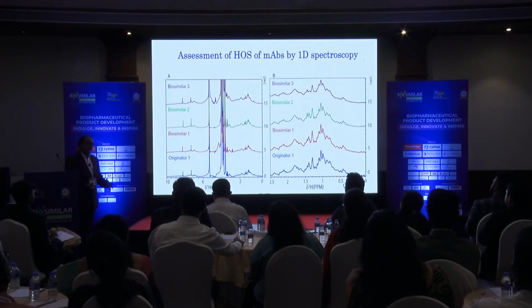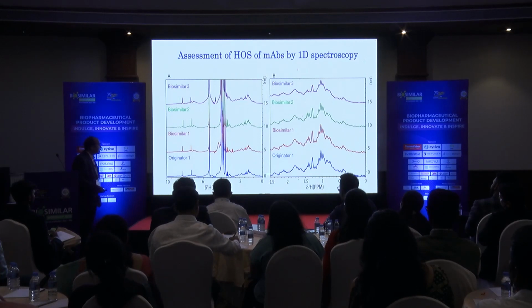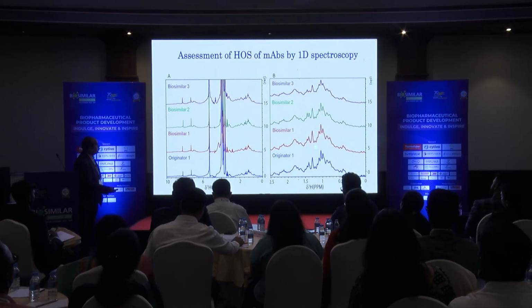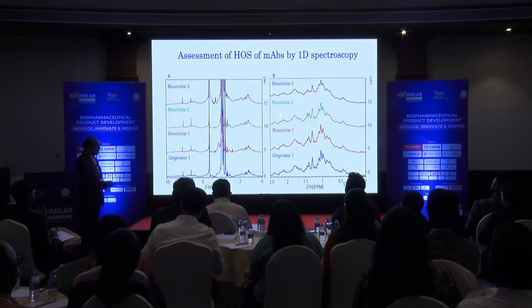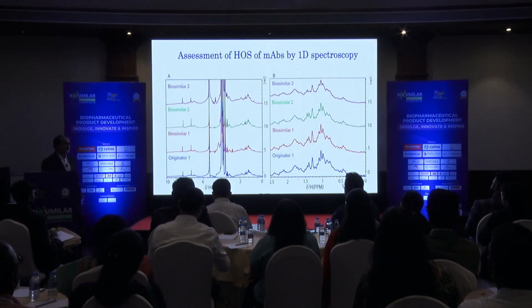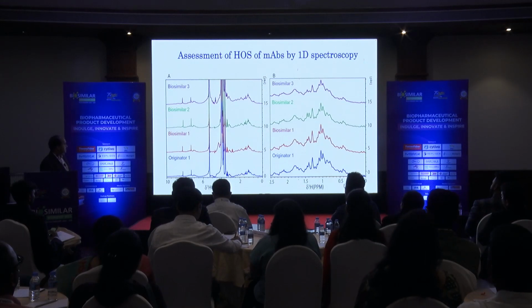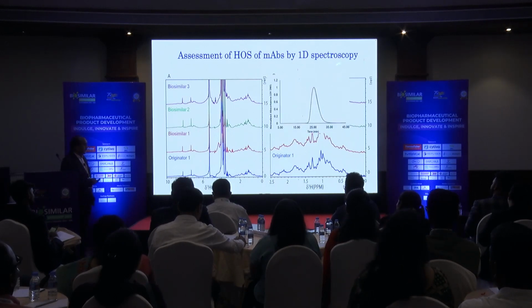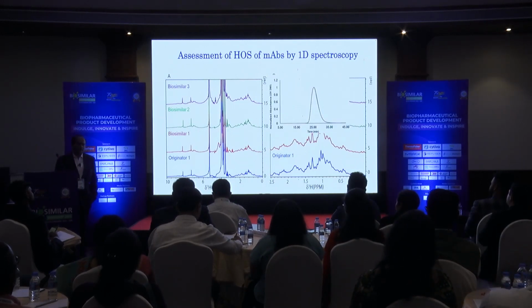Now, as I was saying, by increasing temperature we can get a sharp line. So here one can show originator 1 and biosimilar 1, 2, 3, 4. Now we have a sharp line which we can use again for statistical analysis to show their similarity or dissimilarity in a region-specific manner. Right, and since we are doing the experiment at 45 degrees, one can ask the question: are you perturbing